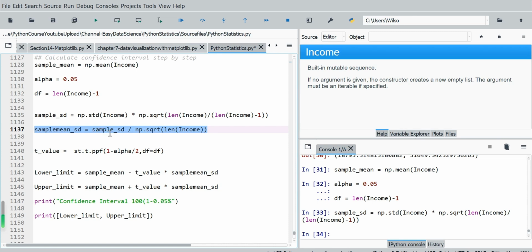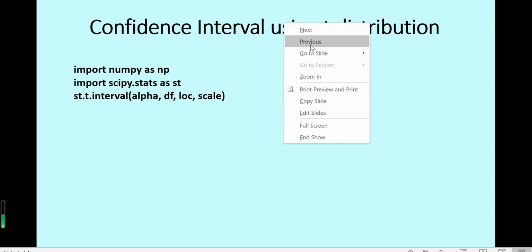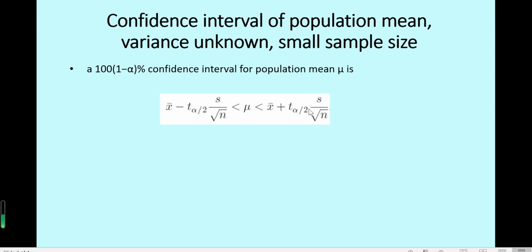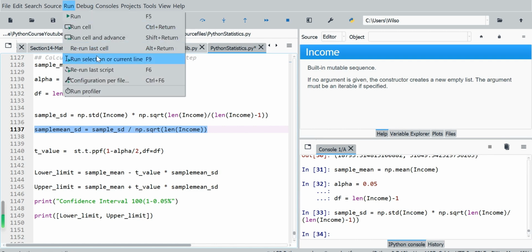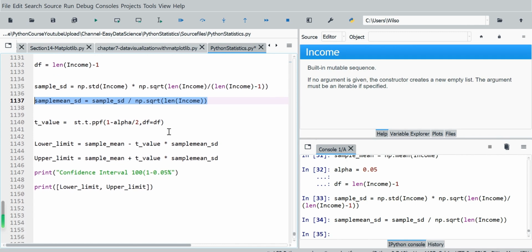So next we will calculate the sample mean's standard error. So we have to divide the sample standard deviation by square root of length n. If we look at the PPT, this one, S divided by square root n, is the sample mean's standard deviation. So now we calculate using this line. So next we can use st.t's function ppf, which will calculate the quantile